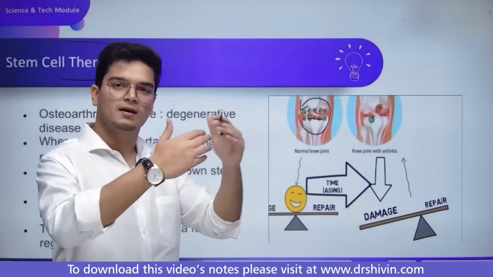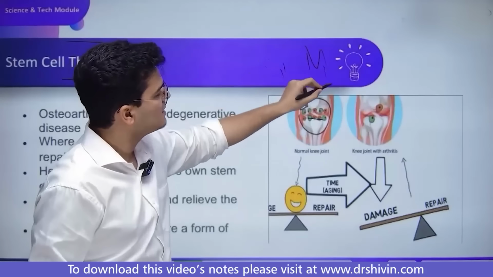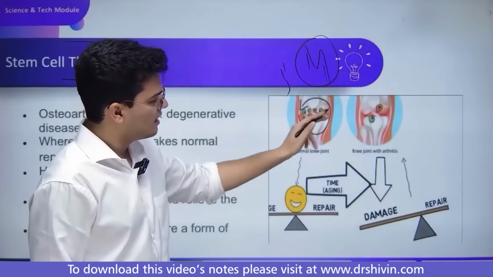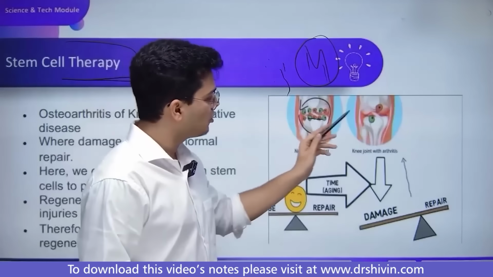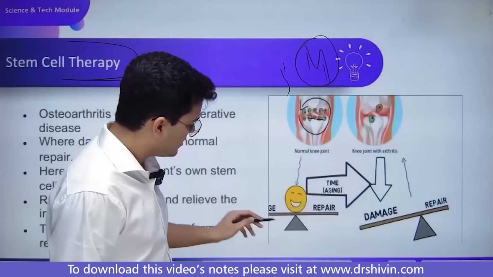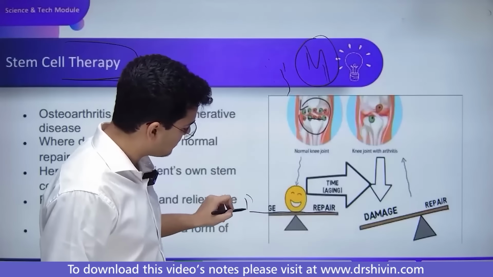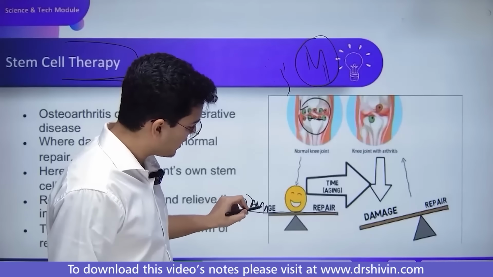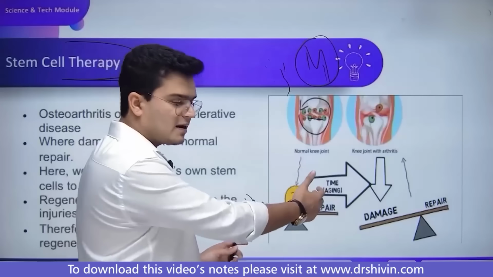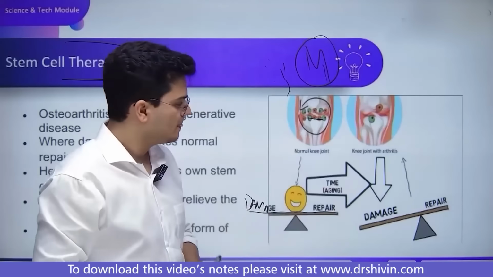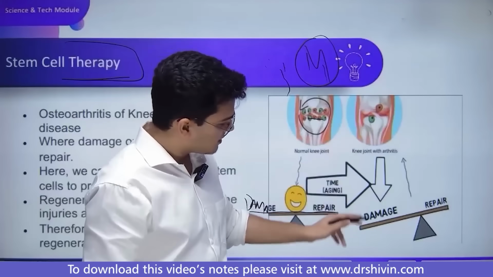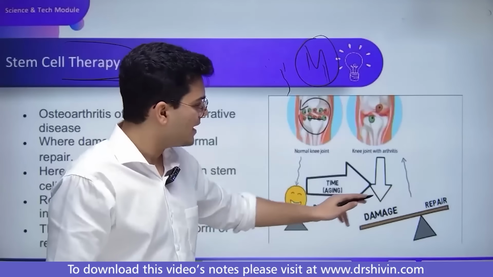डिवाइड करके और सेल्स बना रहे हैं, they are multipotent stem cells inside the normal knee joint. जब अर्थराइटिस होता है, जब हम बड़े हो जाते हैं, जब डीजनरेशन हो जाती है, तो वो जॉइंट सेल कम हो जाती है। Initially there was a balance between damage and repair. हम चल रहे हैं, हमारी नीज को डैमेज हो रहा है, there is damage, और रिपेयर करने के लिए स्टेम सेल है, स्टेम सेल डिवाइड करके बहुत सारे सेल बना देंगे, रिपेयर करा देंगे. Then there is a joint with arthritis where the damage and repair gets imbalanced because the stem